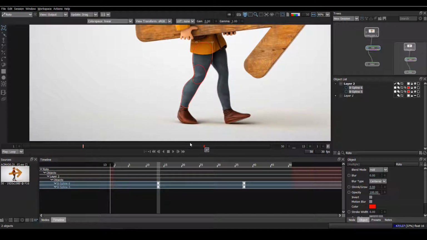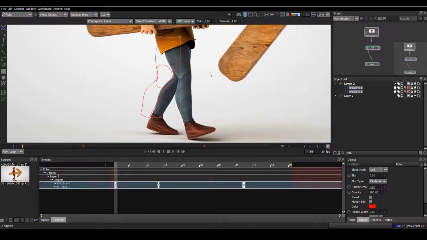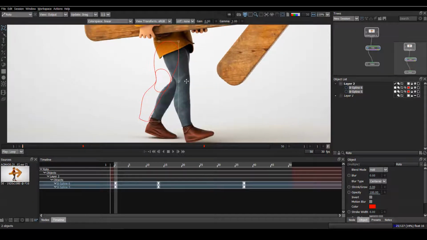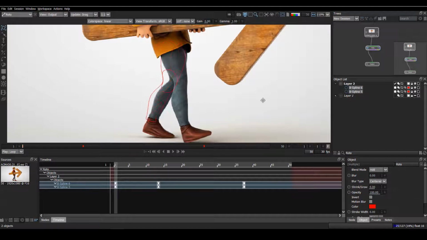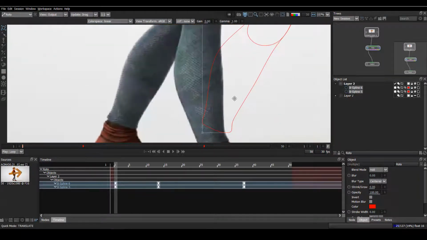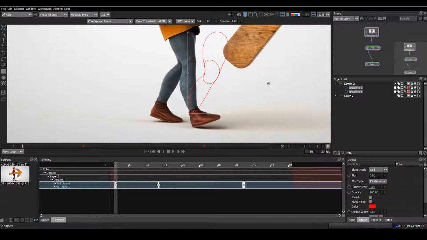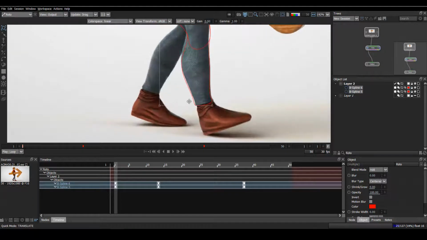I have put two keys here. Now go to the first frame, select the shape, move it here, and match one point to the reference. I press W and rotate it like this, but as you can see the shape is now a little bit longer.